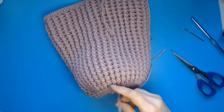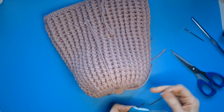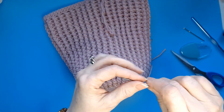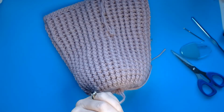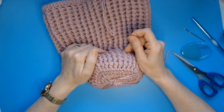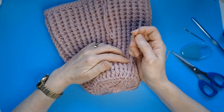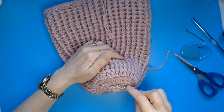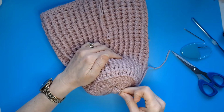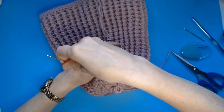3 knots. Okay, I'm going to get a slightly bigger needle, and you're going to sew these in together. And you're going to hide these in amongst your yarn, so just somewhere very nearby pick up and you're going to go down through down here,